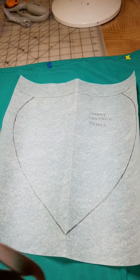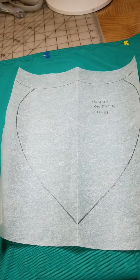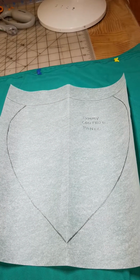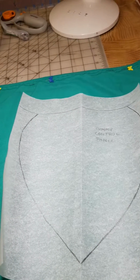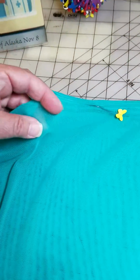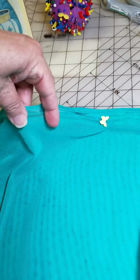And today what I'm going to do is make a tummy control panel for my undergarment, and this panel is probably what made that one pair of underwear worth $9 on Amazon. Well, I decided that I would do this on my undergarment too. So I have here Power Net, which belly dancers use in their costuming quite a bit. It stretches both ways. And I'm going to cut two pieces and sew them together,